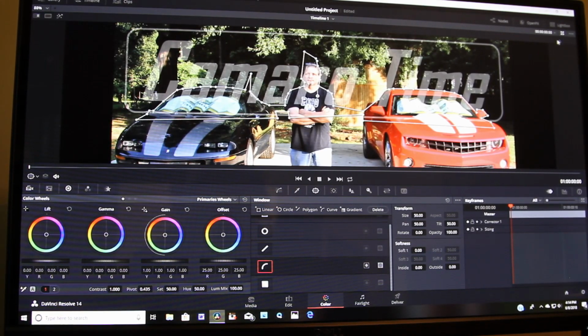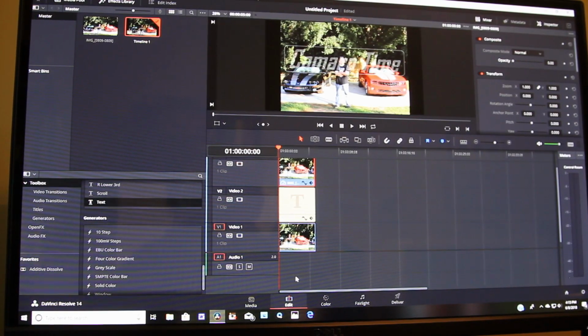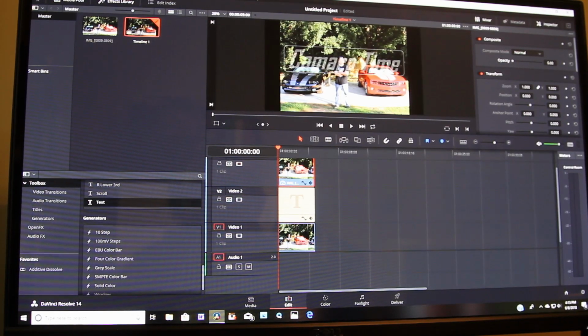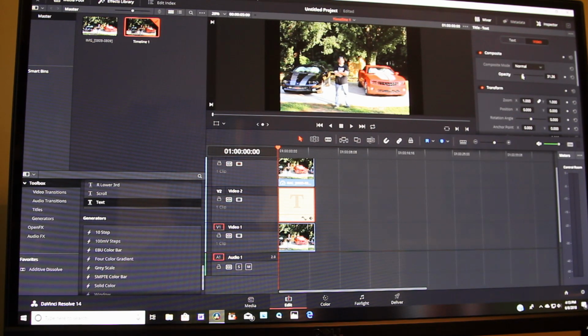Now we're going to go up to the top right, and that box with the 4 little arrows in it, again we're going to click that, that makes it smaller. Go back to edit, and this is where all the magic's going to happen. This was the layer we were working on, so now we're going to make it fully visible again. Now we're going to go back down to text. Go back up to the video section and make it completely visible again. It's behind this layer so you can't see it. Okay, now that you've got everything completely visible,